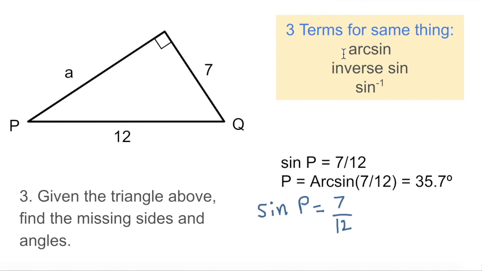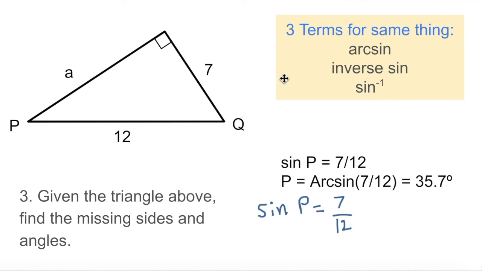So there are three terms for the same thing: arc-sine, inverse sine, or in a lot of calculators sometimes it's written as sine to the minus 1 power, although it's not really an exponent. It's a little deceiving. But you'll see it written shorthand this way, sine minus 1, because it fits on a calculator button. So these are all inverse sine. In other words, I know what the value of sine is. I want to find out what angle has that value for sine, which is exactly what we need here. So we're going to punch into a calculator 7/12, and we're going to take the inverse sine minus 1 of that, to get the angle,